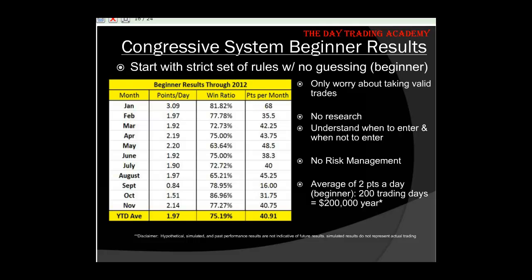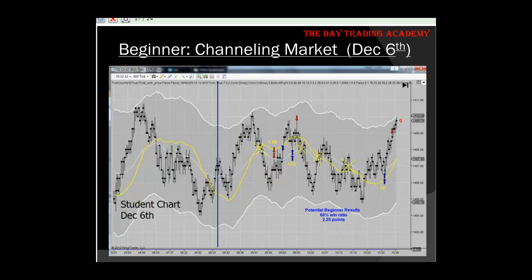I mean, we have to understand as day traders that we're not going to be right all the time, right? And to assume that we're going to be perfect is very foolish of us, right? So someone asked a question about how to trade choppy markets. I forget who that was, but this is what I wanted to show you. This is a student chart from December 6th. I tried to find the kind of worst day, so to speak, and everybody see for the most part that this market is sideways. Would you guys agree?